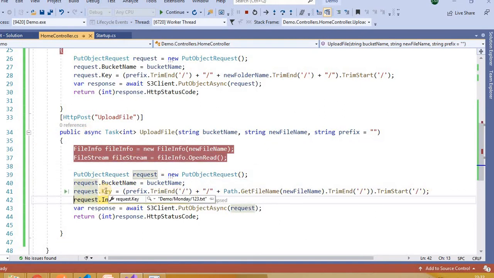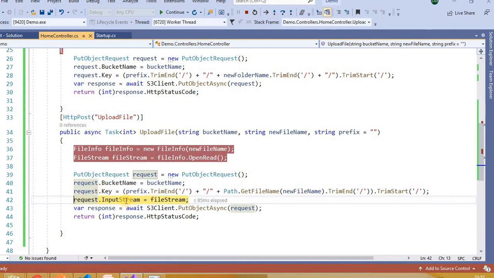Now see key here. Key is demo/monday/123.txt. Now inside the Monday folder, the file name will be 123.txt. We can provide any new file name here as well. If I provide some new name with a date appended, it will upload the file inside the Monday folder with that name as well.